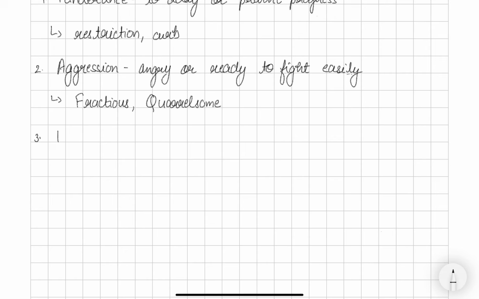Next word is deadlock. Many of you might have heard about it. So deadlock basically means to get into any kind of situation where you cannot move further or backwards. Basically, you can say you're blocked in that situation or in that area. So deadlock is basically a situation where neither side can win, right? The synonym for the same could be stalemate,